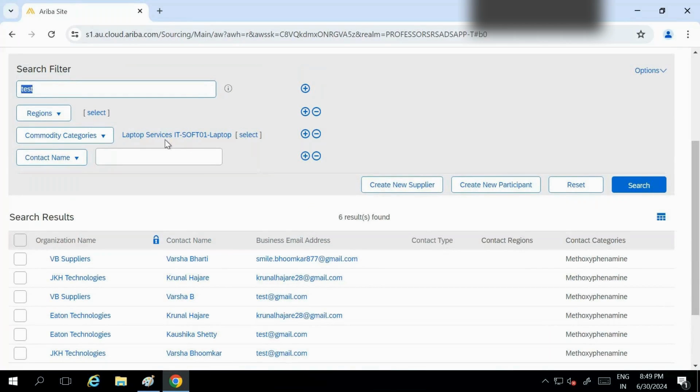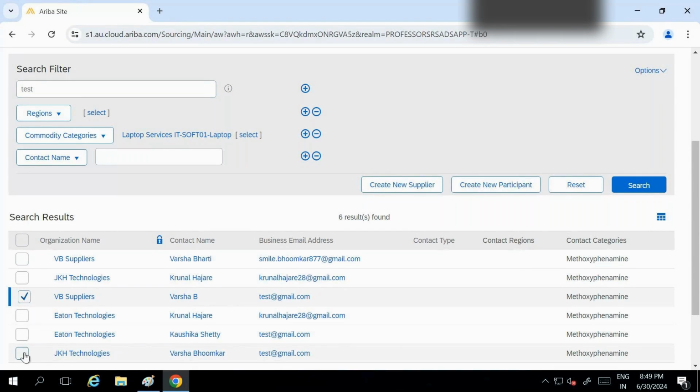These are automatically the preferred suppliers. Actually, the reason it came is because it is a commodity. For this commodity, these are the preferred suppliers. So I'll select randomly this test email ID, this test second one. If you see, these two suppliers are the same company. If I select that, I will explain what will happen.